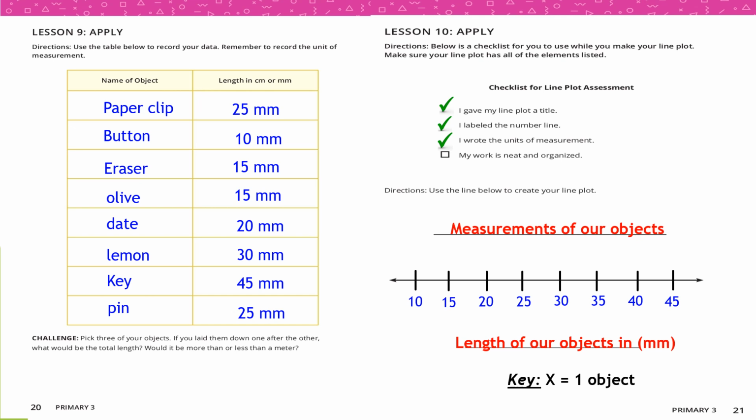The key tells me that x equals 1 object. So in 10, how many x's will I write? I have only one item, its length is 10, so I will write only 1 x. 15, how many items have 15? We have only 2 items, eraser and olive, so I will write 2 x's. 20, how many items? Their length is 20, only 1, so 1 x. 25, only 1, or 2, no, 2 items, paper clip and pin, so I will put 2 x's, and so on. You can complete your